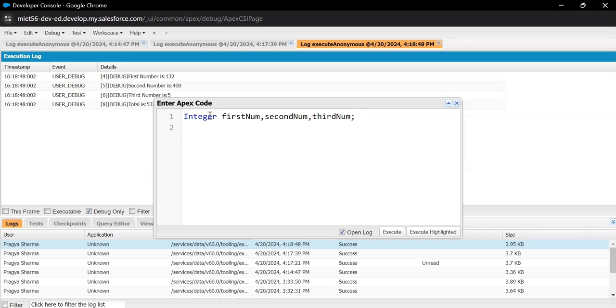So this is fine. Then here you can say first num is equals to 5, then second num is equals to 10, and third num is equals to 15. So this is also fine. You can declare the variable in one line and you can initialize the value later. So now if I go ahead and write system dot debug